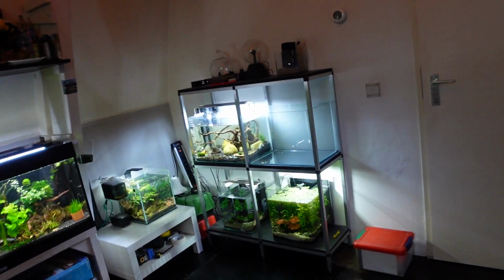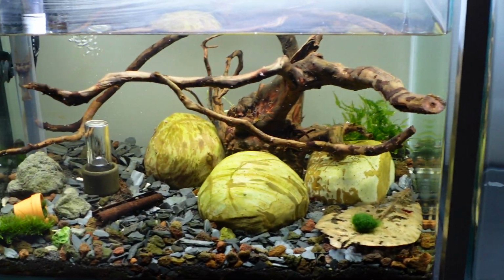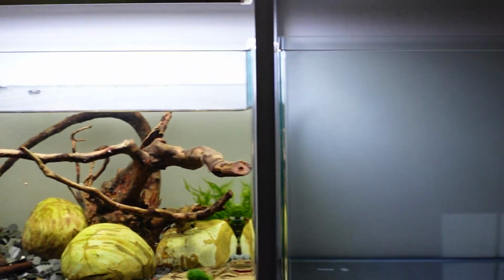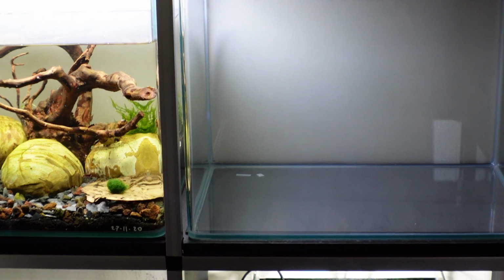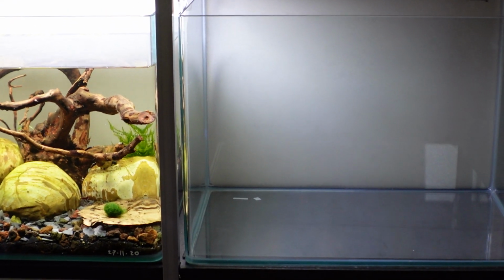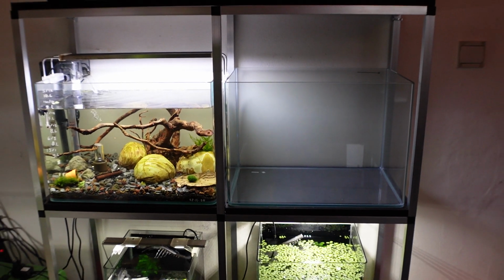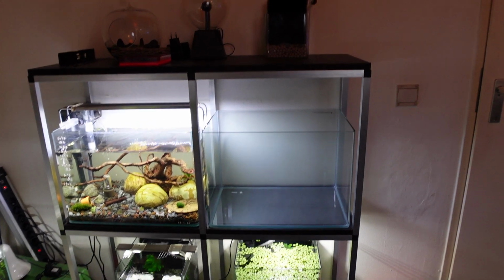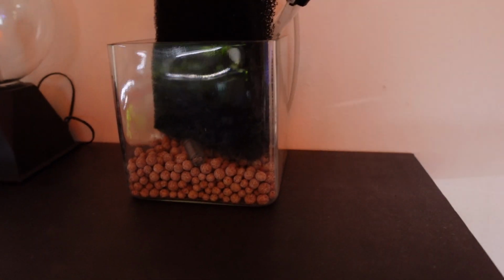I'll take the camera up to give you a little view. So I will have two exact the same aquariums. Let me zoom out a bit. Still getting used to this new camera. And I also have a